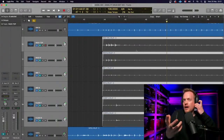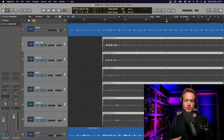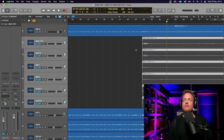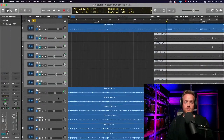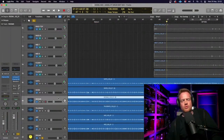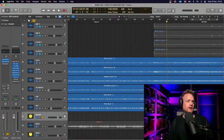And yes, you are getting the tom resonance, which we could EQ out on the tom bus in a minute, but you're also getting that extra thickness. This would be the equivalent of mixing in a parallel compression send. And this is something I do for choruses, more so with guitars and maybe some distortion on a bass guitar, or I probably wouldn't do it to keys, and I might do it to vocals, where